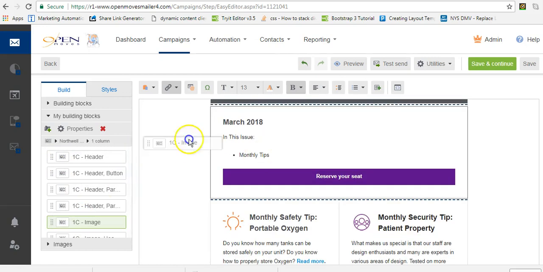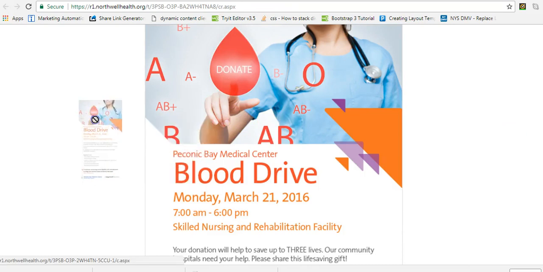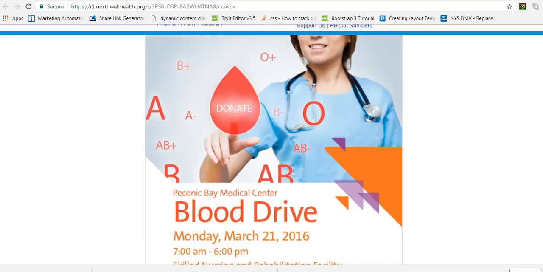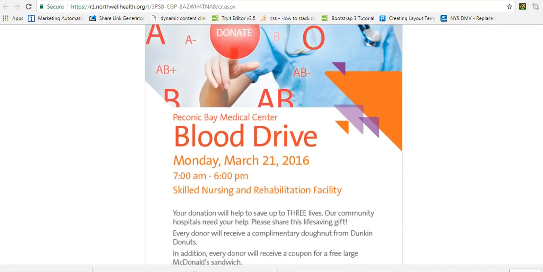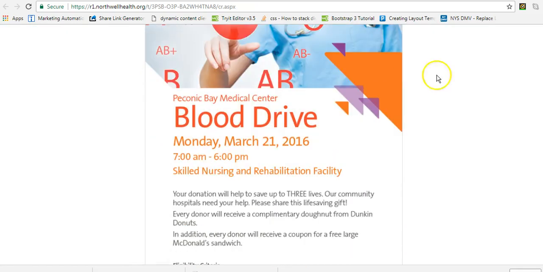if I do the 1C image, my specs here are 629 by 270. And you can see that this image is much wider than it is long. And if I go to this image, this whole thing is an image. This is a very long image because it's a PDF. So really, best practices would be take this image, slice it up, so that you don't